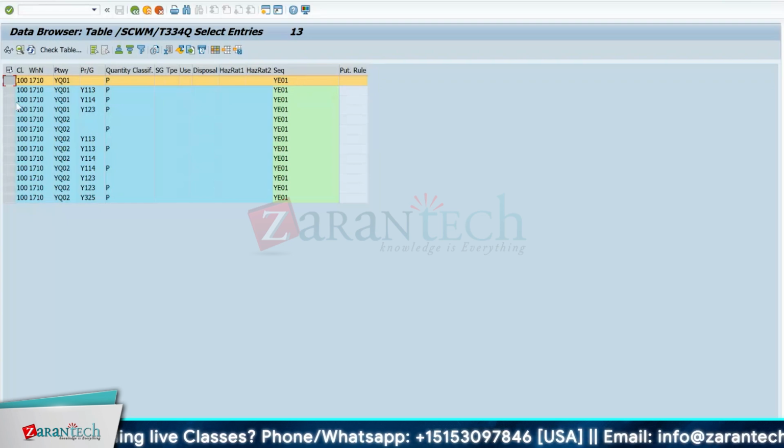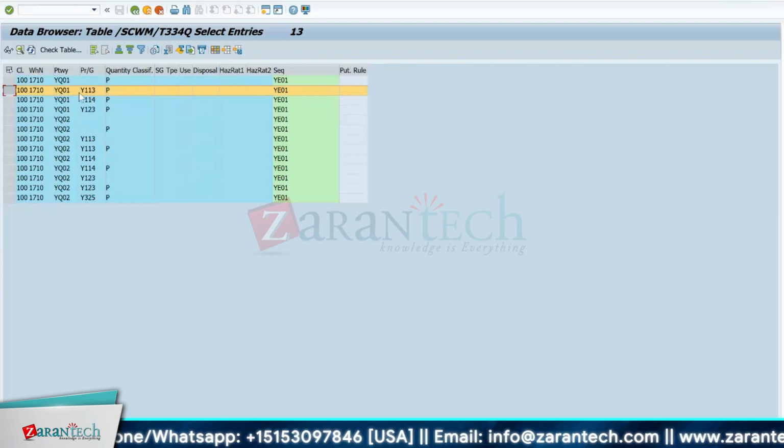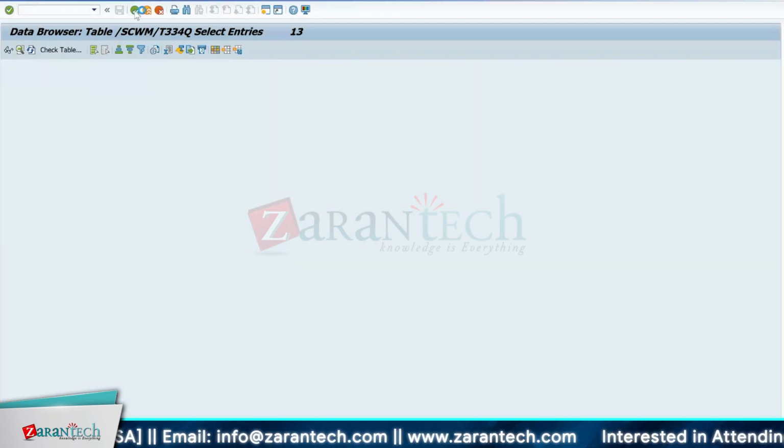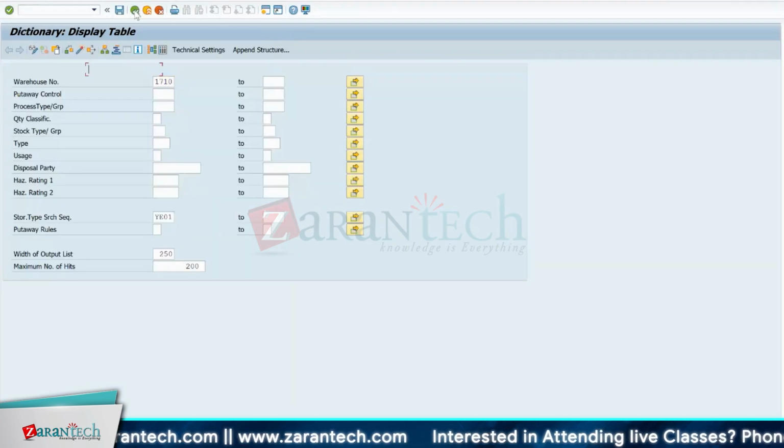Okay. Similarly, this is a process type group. So if the system determines process type Y113 and put away control indicator YQ01 and the quantity classification, then the search sequence is again YE01. Like this, you can map all the different processes against the different process types,